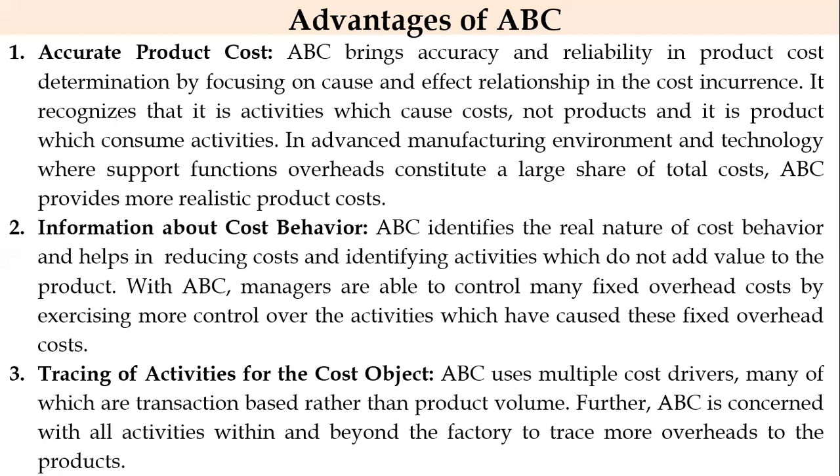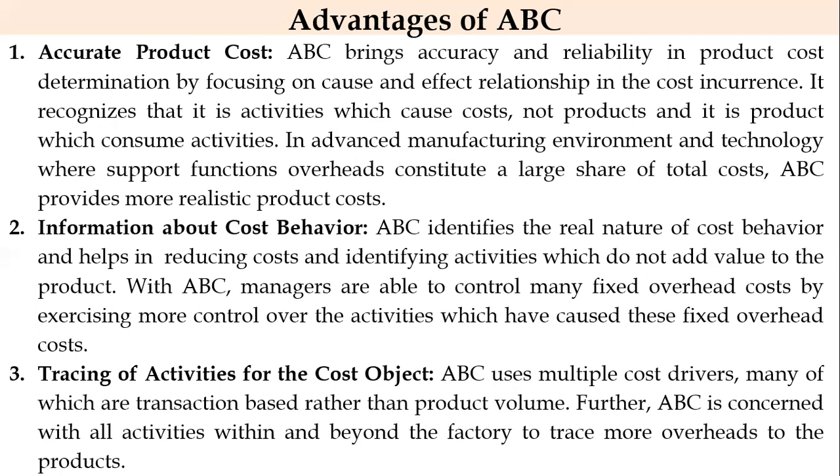to the product. So here, by checking the activities, whether these activities are important to the manufacturing of a product or not will be checked. If it is not important, that is, if it doesn't add any value in the production process, those activities can be eliminated or to some extent reduced, so that we can control the cost and reduce the cost. And those activities which add value to the manufacturing process will be continued, and the cost incurred by those activities is identified and then applied to the product. So here we come out with accurate cost of the product.